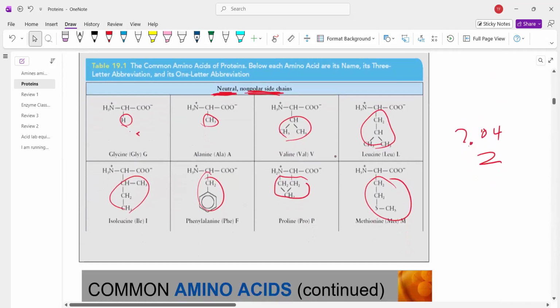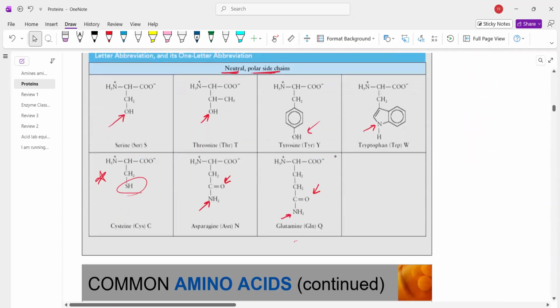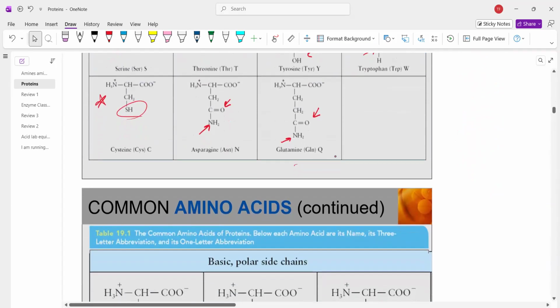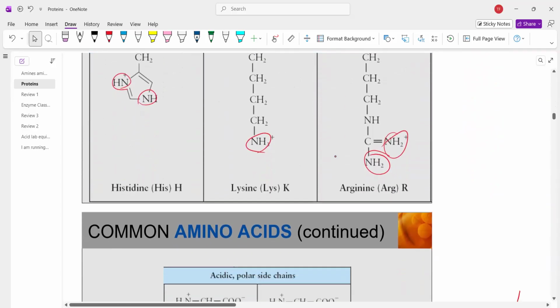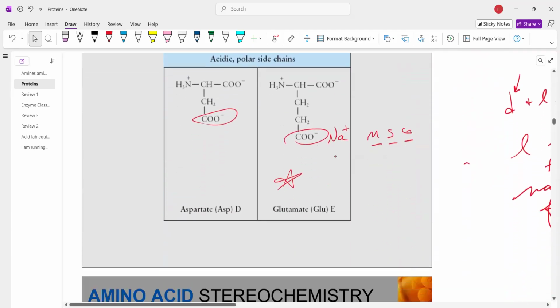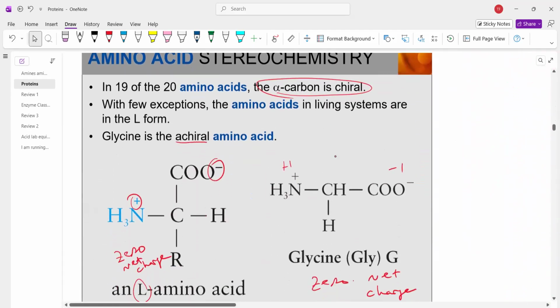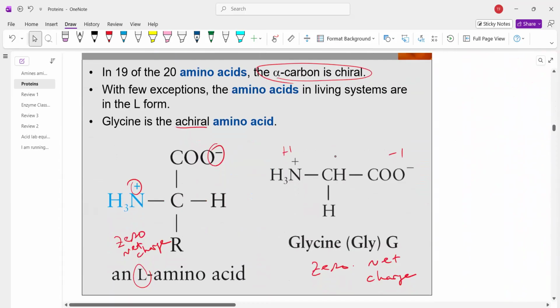Okay, so here are the actual amino acids, divvied up into the four groups. Now, going back to unit 2, we talked about chiral carbons. Remember, chiral carbons